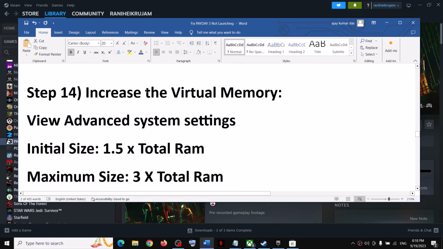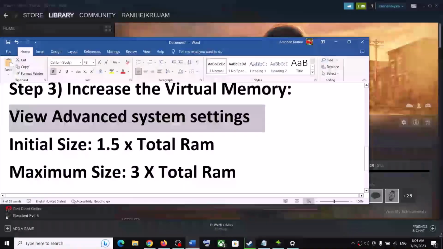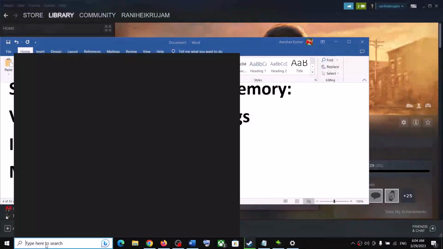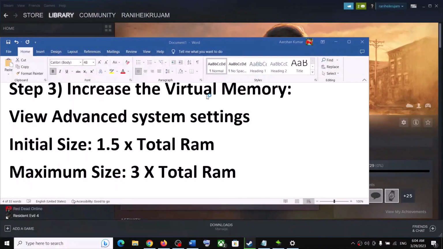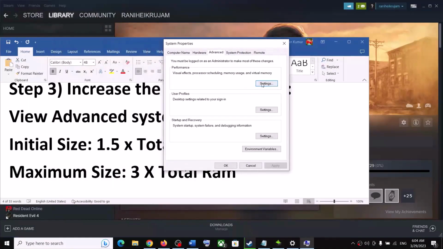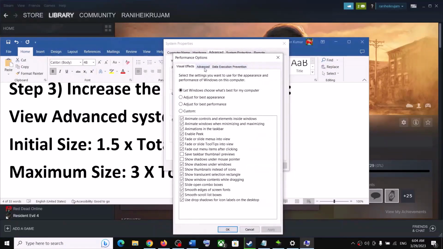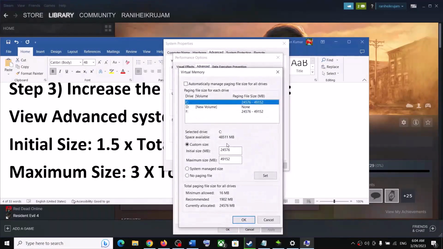Next step is to increase the virtual memory. So you can type in view advanced system settings in the Windows search box and click on it, and then click on the first settings, go to the advanced tab and then click on change over here. Now select the drive where the game is installed. Uncheck the box which says automatically manage paging file size for all drives. So you have to uncheck this box and then select the drive where the game is installed, and then the initial size is